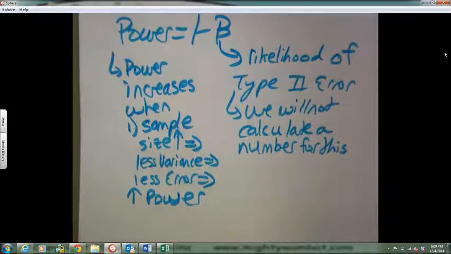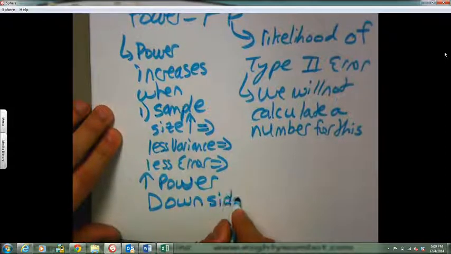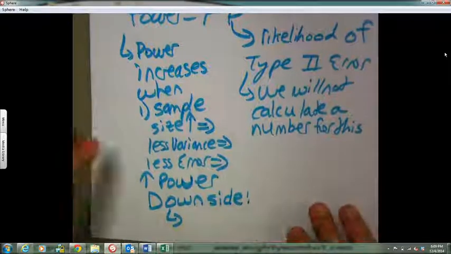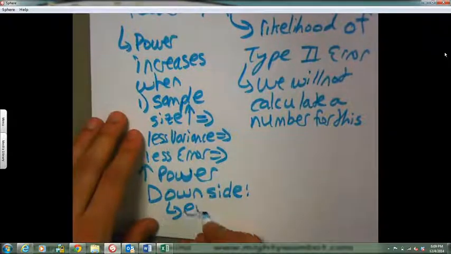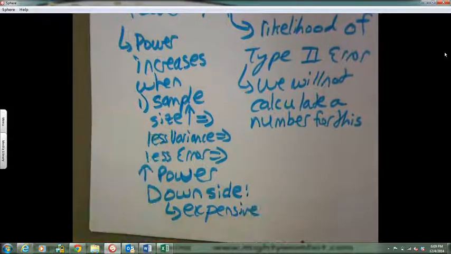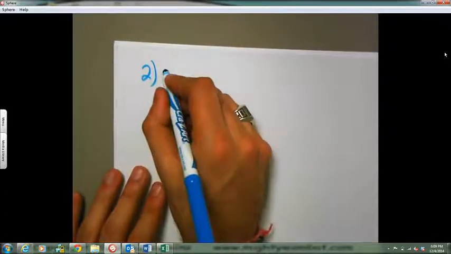We said that the downside is, well, it's expensive to survey more people. It's expensive to just keep on increasing this. Power can also be increased if the significance level